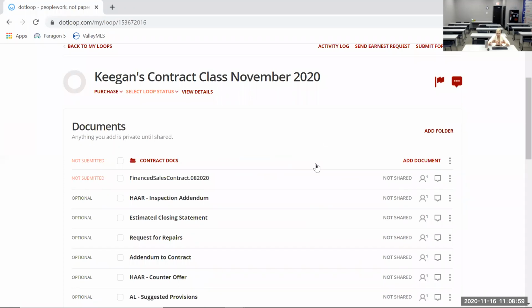All right, anybody else have anything additional? What do you normally cover in the Contracts 2 class? So we normally cover different things as far as requests for repairs. We can go over